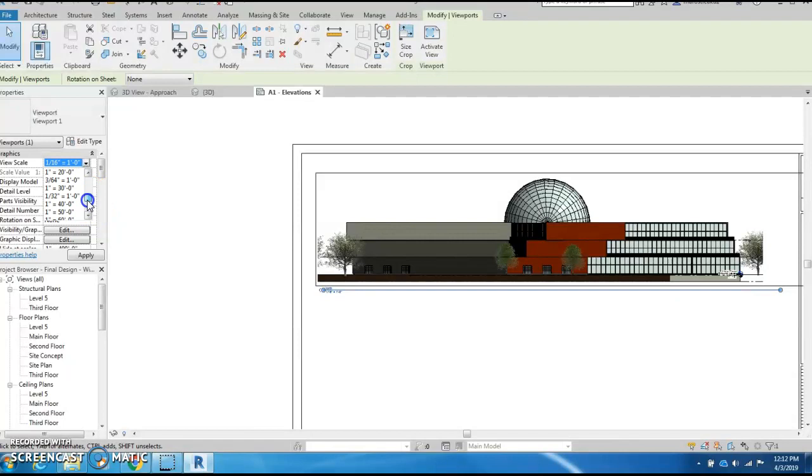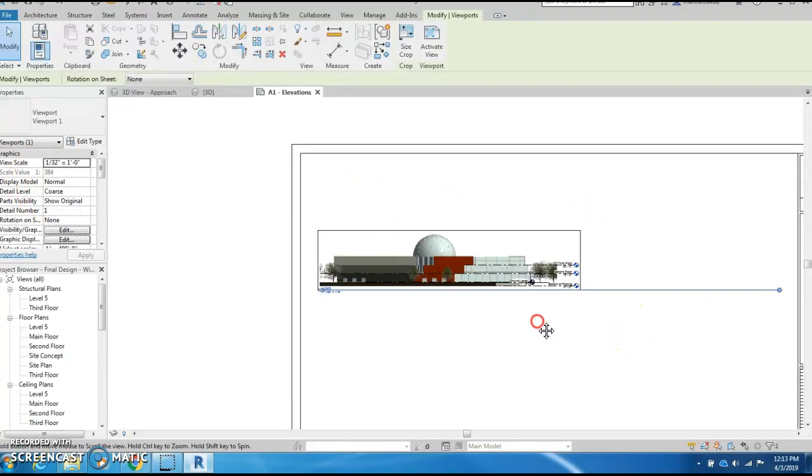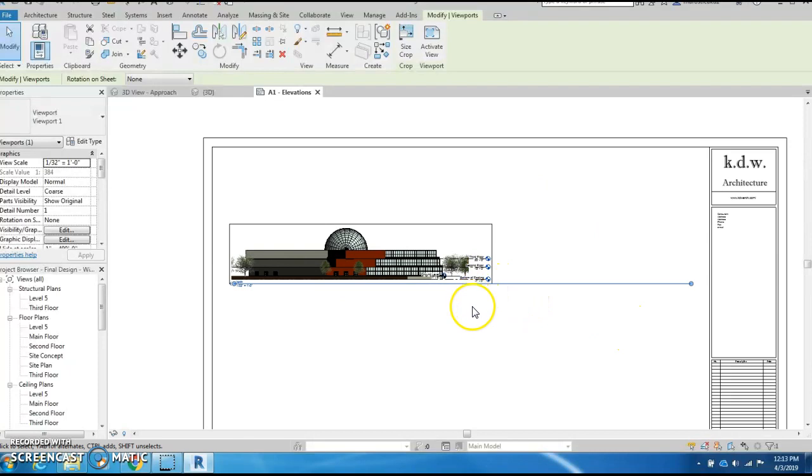I recommend staying with 1/4, you know, is the best one to stick with, but obviously some things can get too big, so you can change it to like 1/8. So 1/4, 1/8, mine's at 1/16 right now because it's very big, but let's try to make it even smaller. So we'll try to do 1/32 equals a foot, and let me see what happens. So that becomes super small, but this is good for fitting, like I mentioned, all of your elevations on